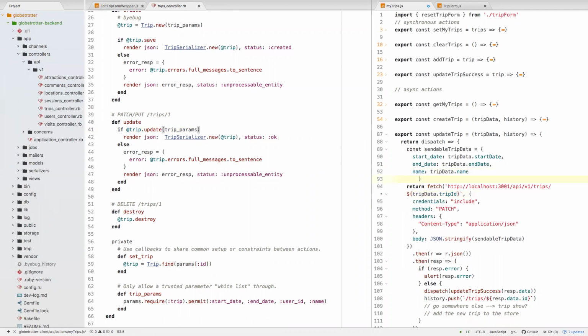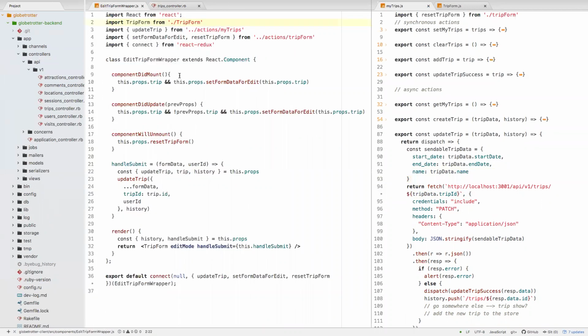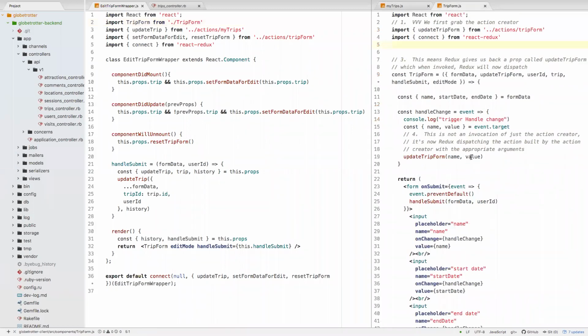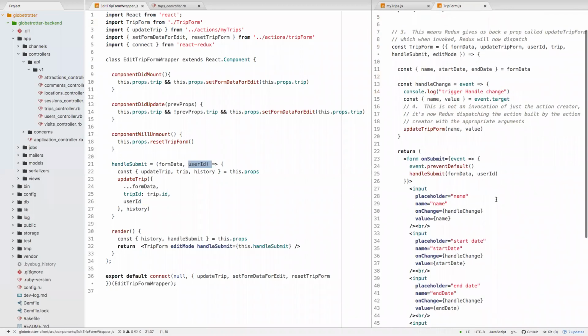Which is nice because that means that we can also get rid of it as a prop here. In other words, I shouldn't say a prop, as an argument when I submit this form. I should no longer need to pass it along. Wait a minute, I wasn't passing it along. I was grabbing it from the Redux store. Nope, wait, where did I get it from? Form data, user ID. User ID is coming from,